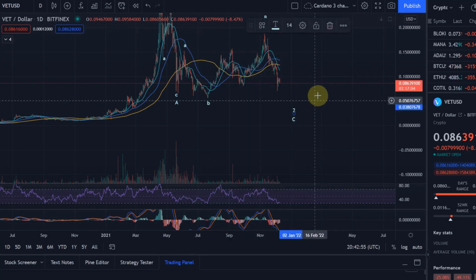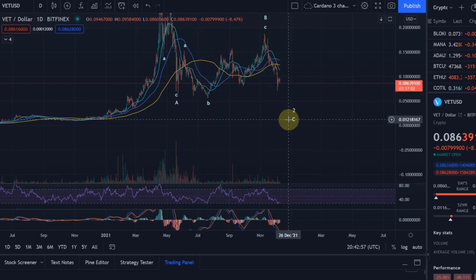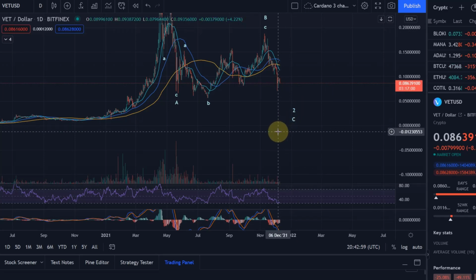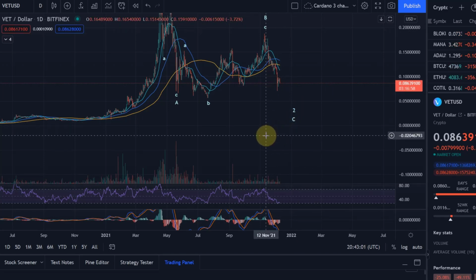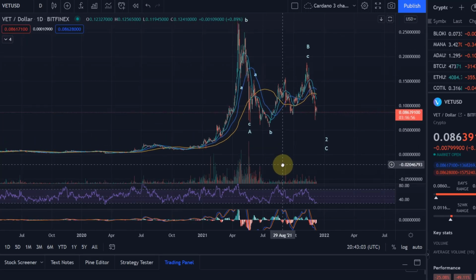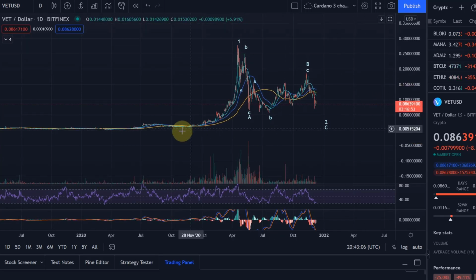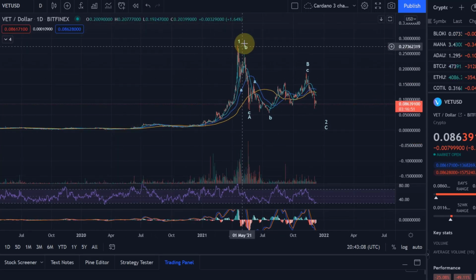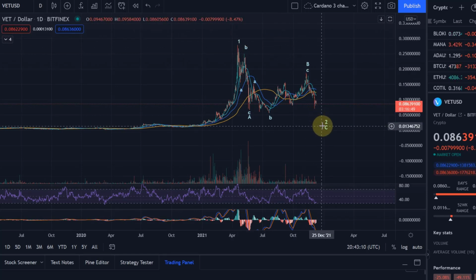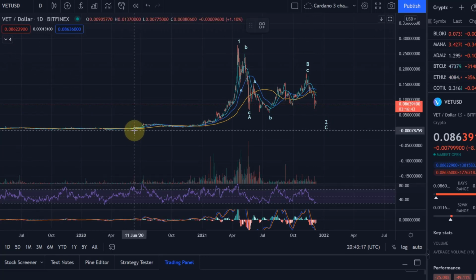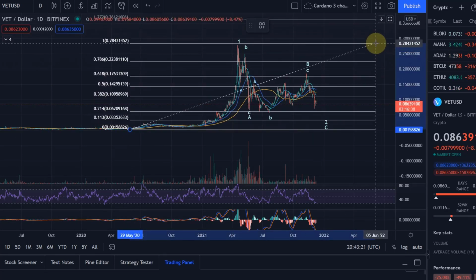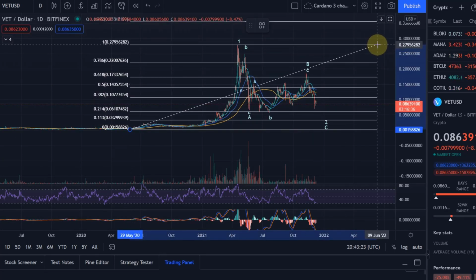Now the question is, where is the target area for this wave 2? We can use the fib levels for that, and I will have to zoom out, then reapply the fibs, go from the low here to the beginning of that wave 1 to the low of the wave 2, and then we can give you here good retracement levels. So let me just apply that. I just apply it here and then I will readjust it. So going from the low all the way to the high,